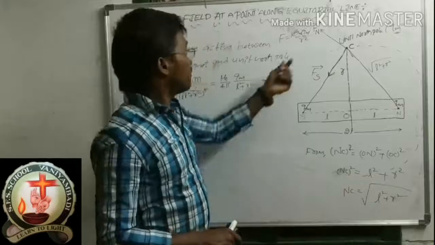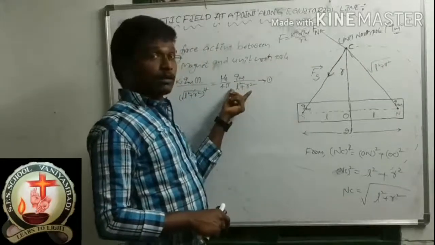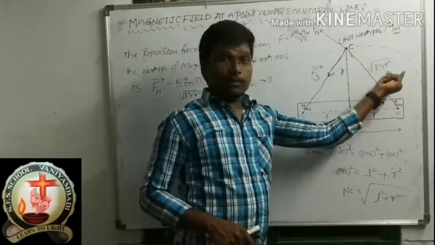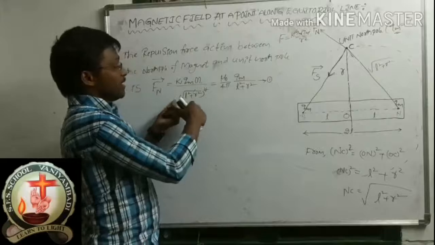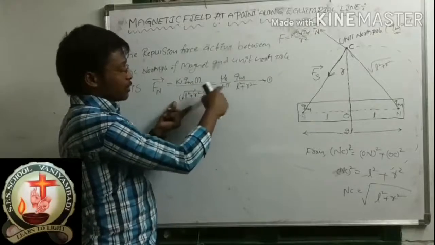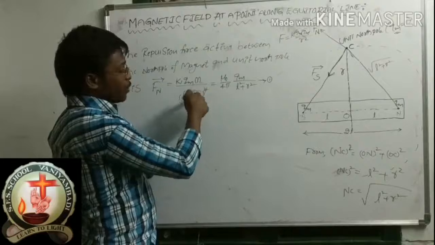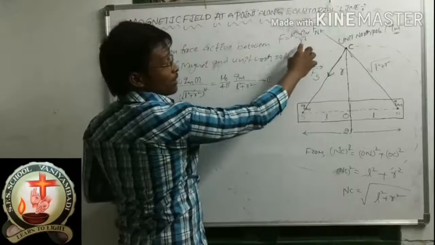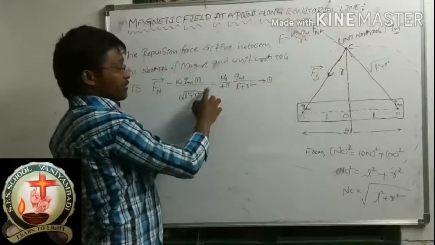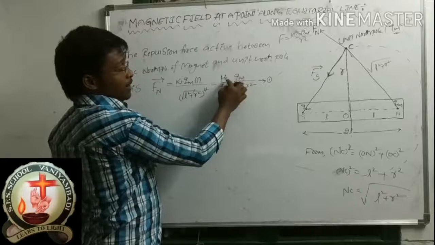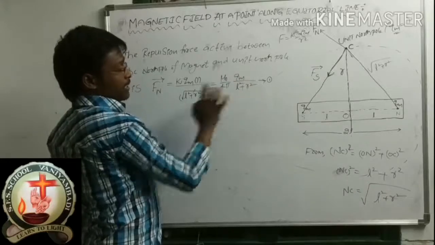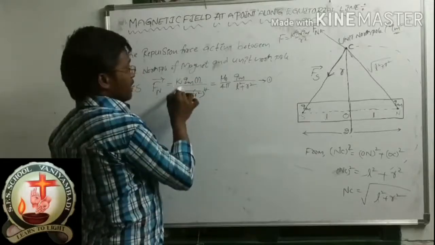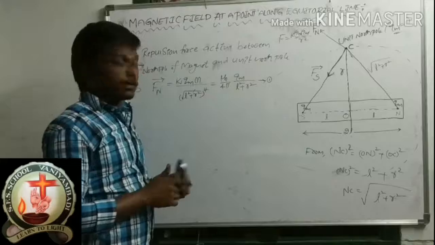Okay. So instead of this R, here distance what? Here to here how much distance? Under root L square plus R square. So in the place of R square I substituted under root L square plus R square, whole square is there. So square root cancels. In the place of R I substituted this value, so R whole square is there. Square root cancels, and finally what is the remaining? Mu naught by 4 pi into Qm by L square plus R square. Here mu naught by 4 pi means what? K value. I told you yesterday already. K value how much? Mu naught by 4 pi. This is the equation 1.